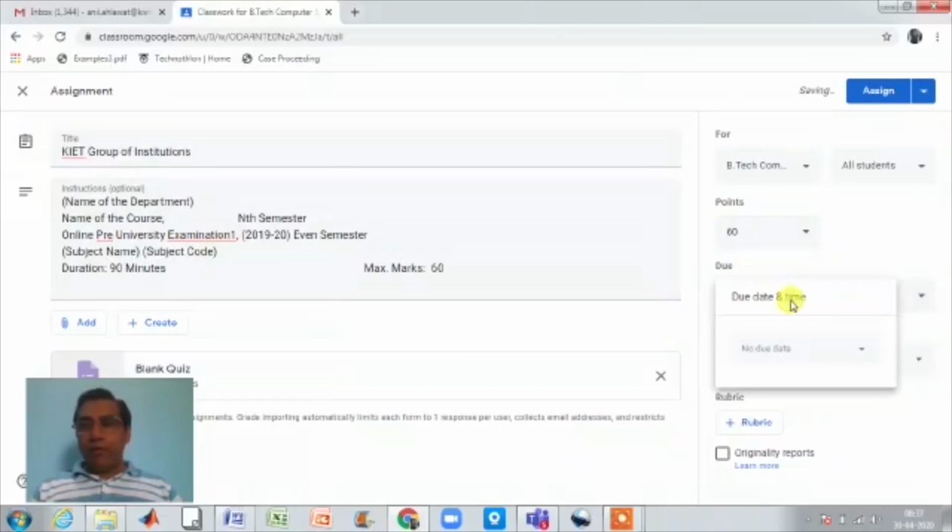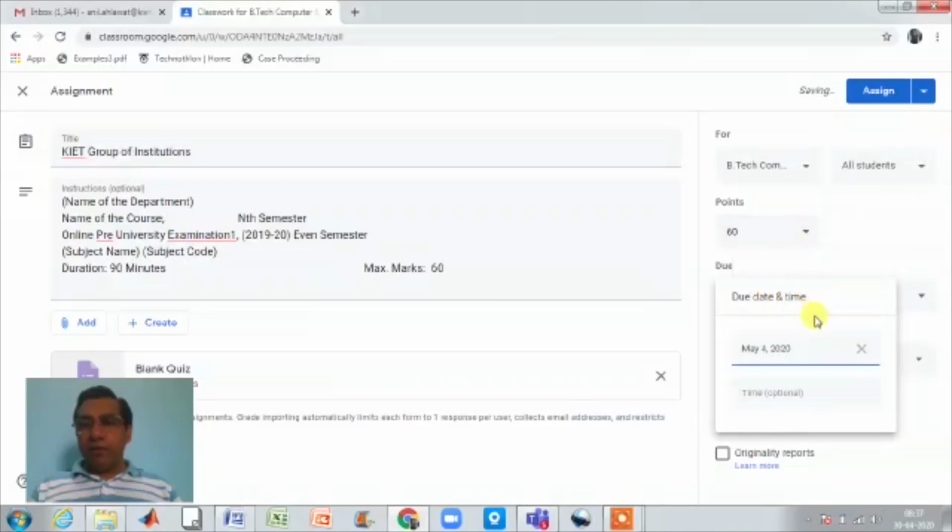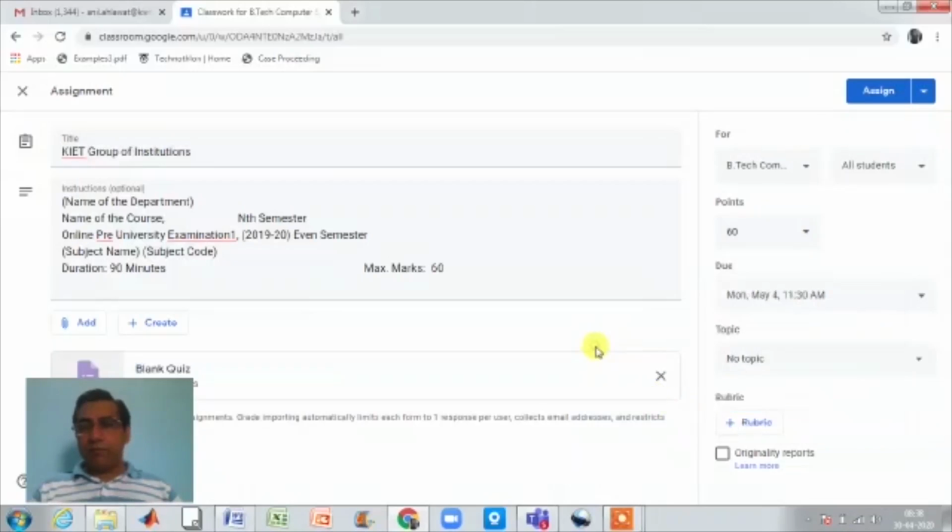And schedule your question paper on the date declared by COE. Say for example, if my exam is on 4th May on Monday, so set 4th May and the finishing time is 11:30, so write 11:30 AM. Okay, so you can see Monday 4th May 11:30 AM.